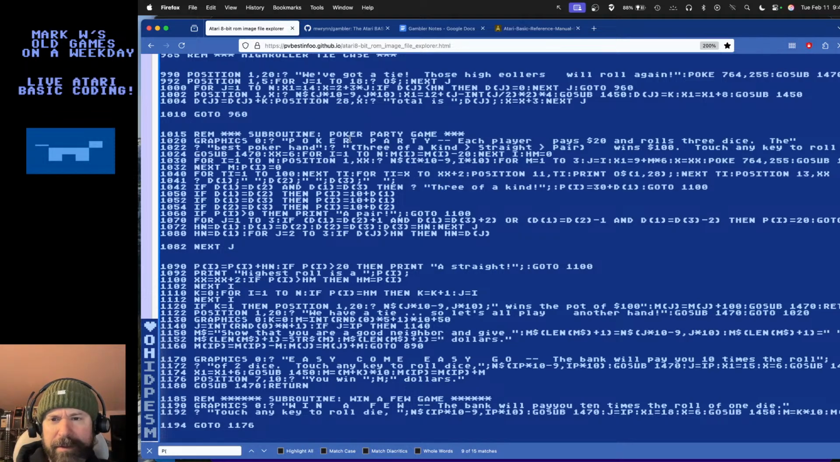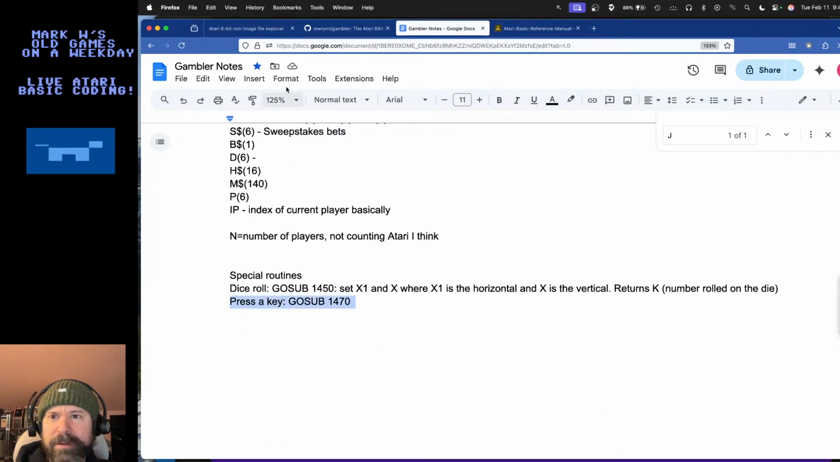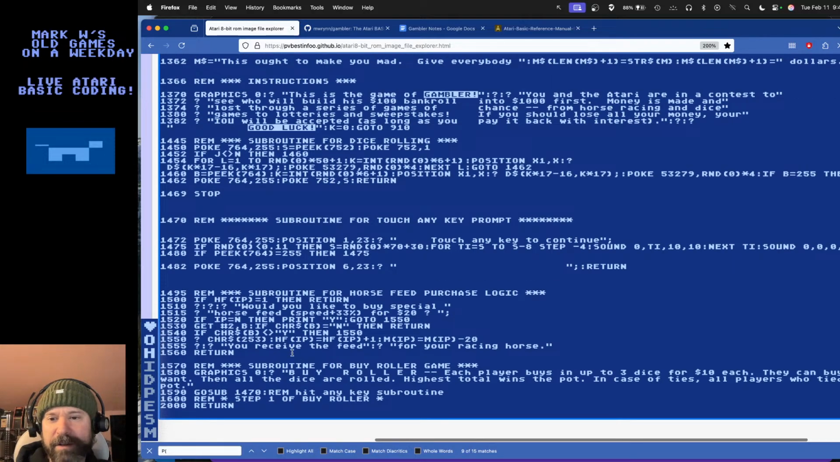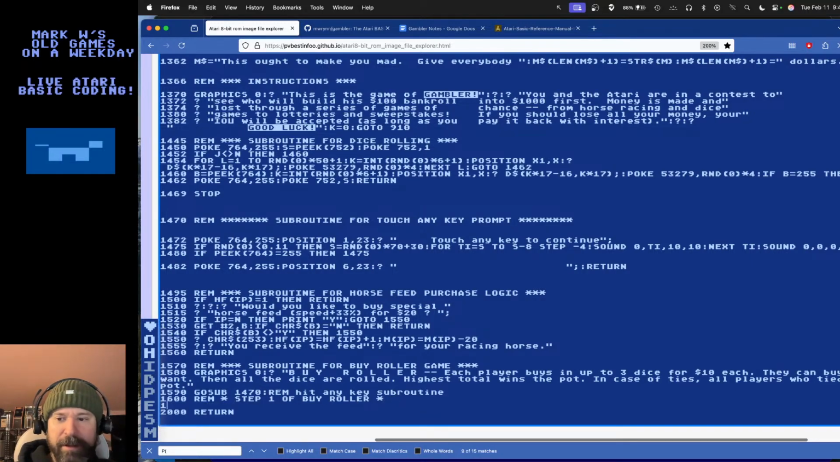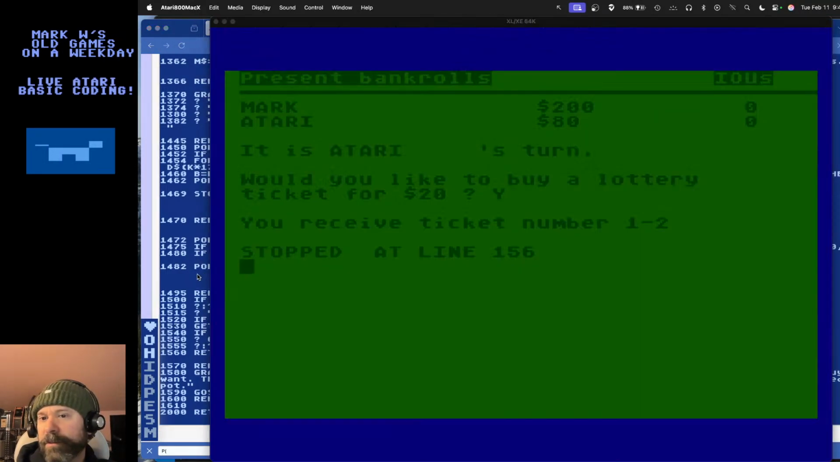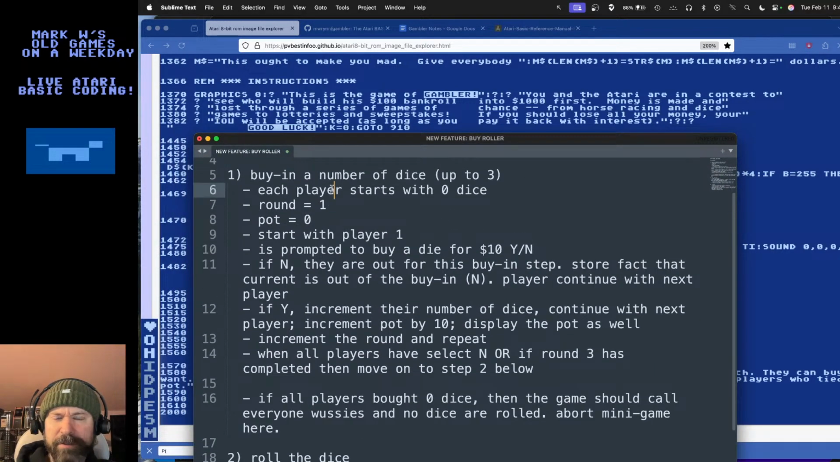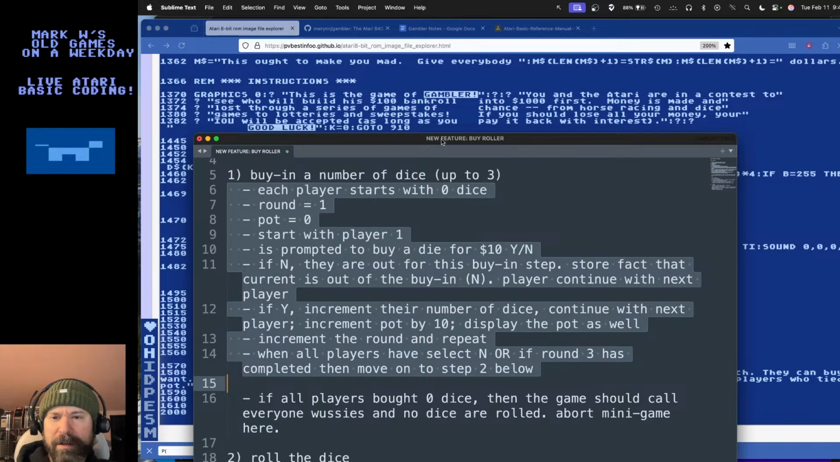Right, so we want to get this working somehow. 1470 was what again? That was the press a key, so we're beyond that. Well, first of all, before we even get to dice rolling, we need to just have the user's input, their dice. So we have to figure out how to handle that. So let's start with that. We have our pseudocode, which is basically for each player. Yeah, we're gonna, right. What I'm gonna do is